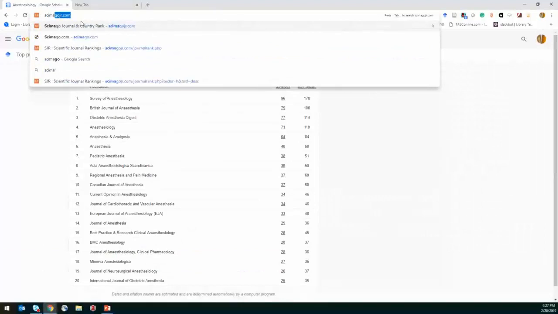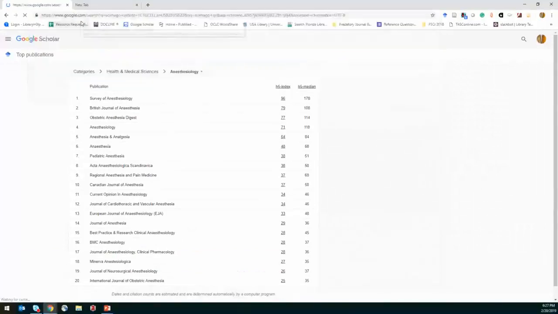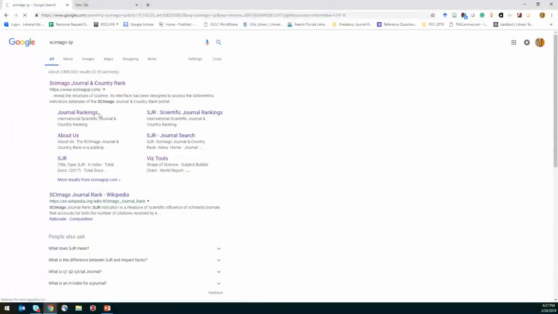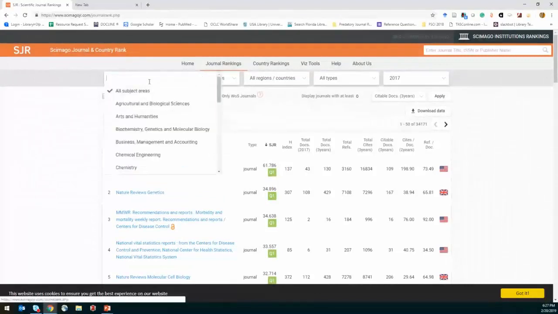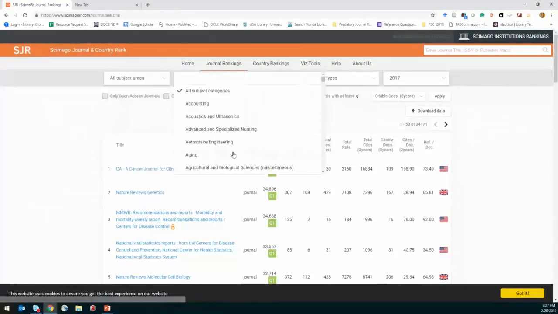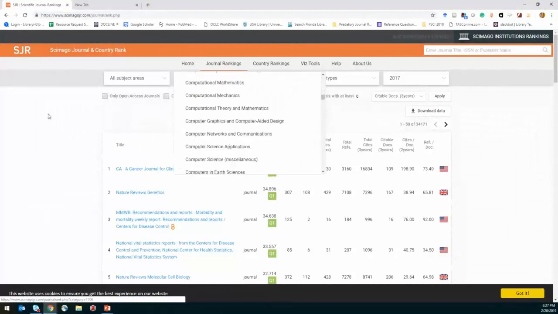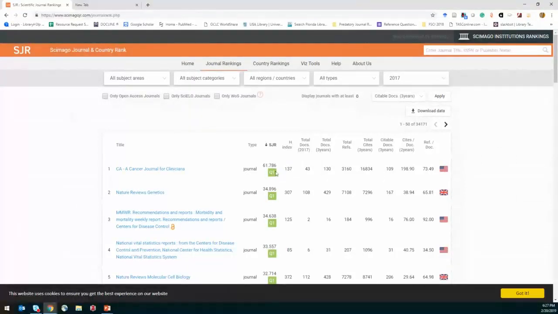Another useful one is the SCImago SJR. There are journal rankings in here. Very similar thing. This is within SCImago, another academic journal indexing. You can see all the subject areas here, drill down by subspecialty. But what we're interested in is out here. They've got their own SJR ranking, which is that ridiculously complicated formula that I told you about before. They also list total citations for a 3-year period.